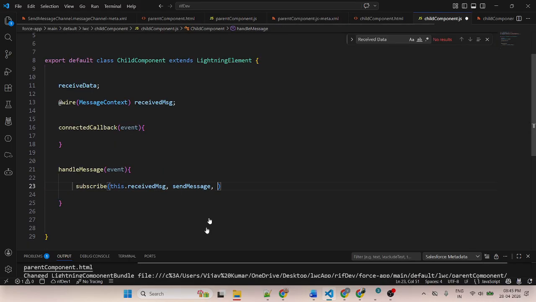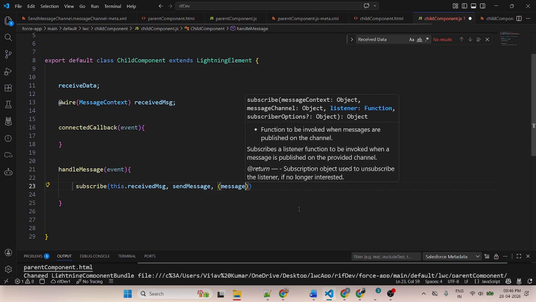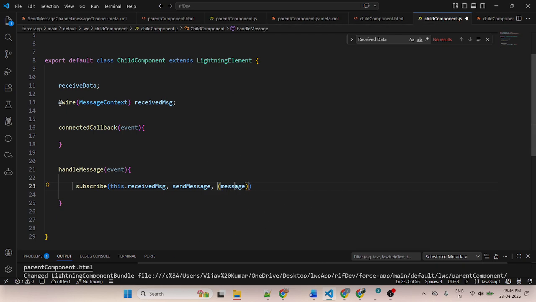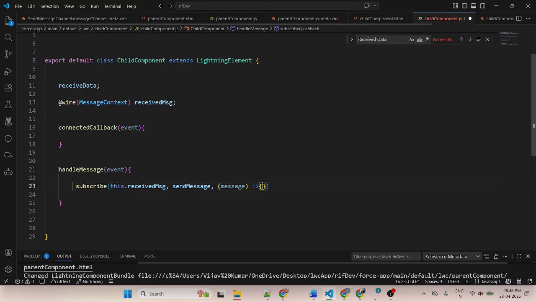You can use the same name, otherwise you can use message. So this is a parameter. It will work the same, and after that use an arrow function. In this arrow function, I will store data.